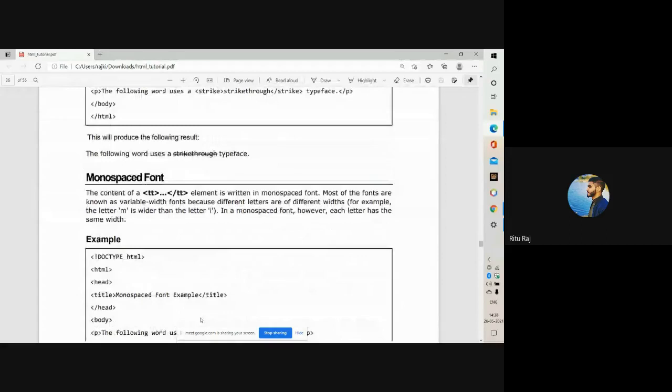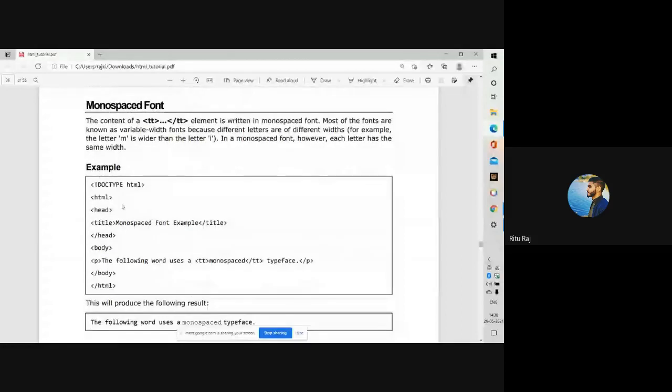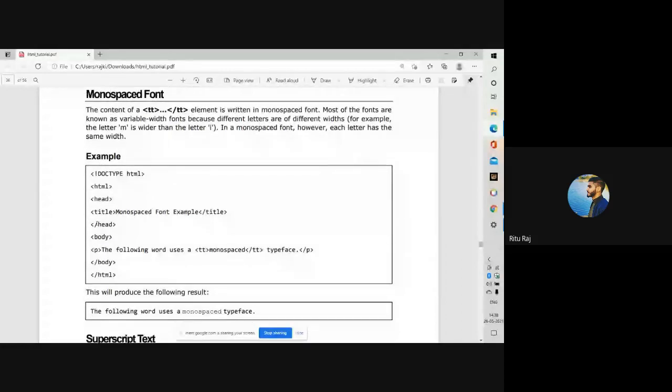The content of a TT tag element is written in monospaced form. Most fonts are known as variable width fonts because different letters are of different widths. In a monospaced font, each letter has the same width. Here you can see the example and this is the output.